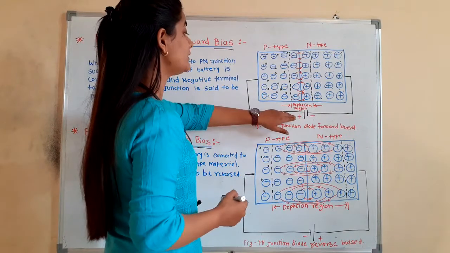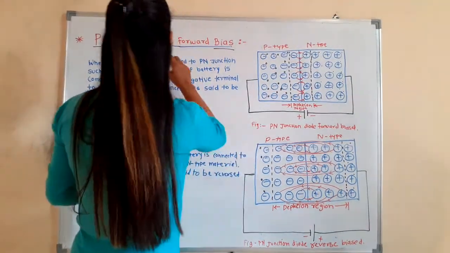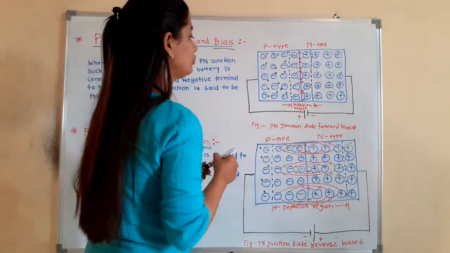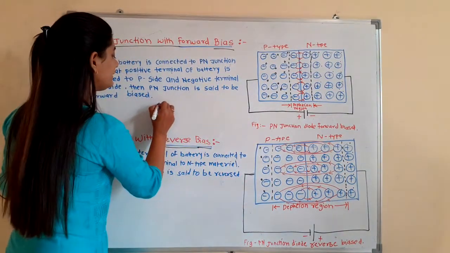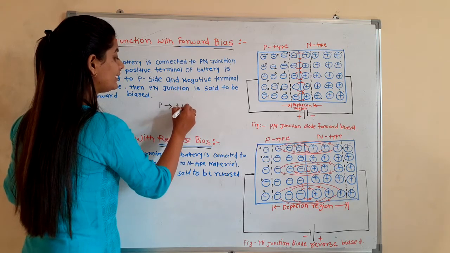So this is called PN junction with forward bias. Here you can see P is directly connected to the positive terminal of battery